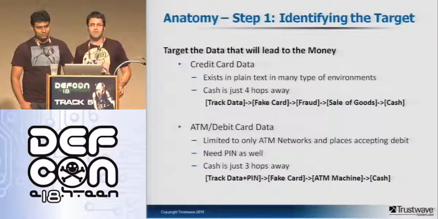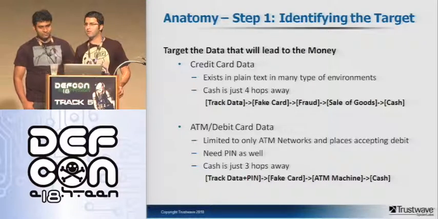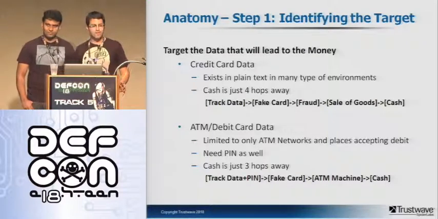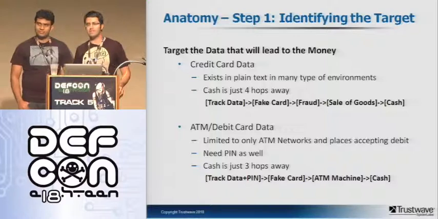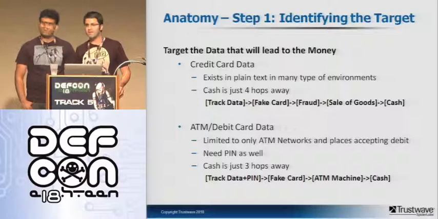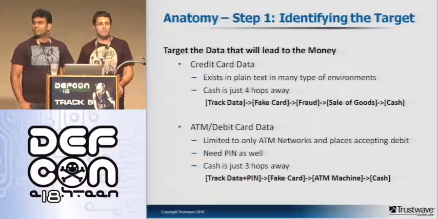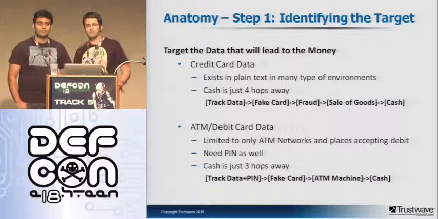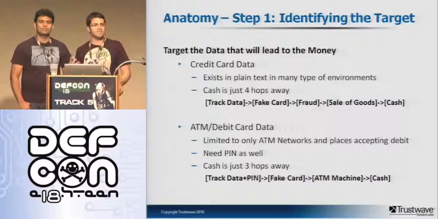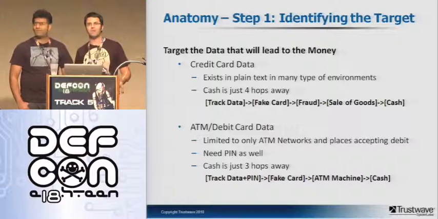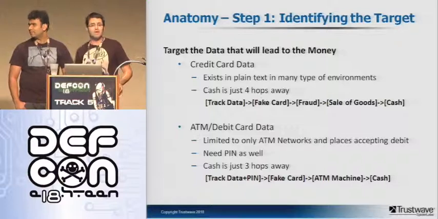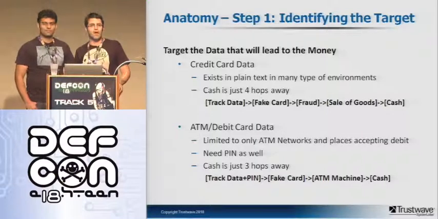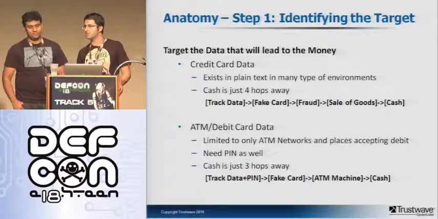So step one, the authors have to identify a target. You're not just going to sit down and write a piece of malware with no target in mind. There's a lot of information out there. There's intellectual property, there's bank account information, there's PII information, there's HIPAA information. There's a lot of information out there that attackers could focus on. But in the real world, the end goal is for someone to get money, right? They're not just going to write a piece of malware and unleash it. You may, but a lot of the cyber criminals and the organized crime groups want the cash. They want to get cash in the end.